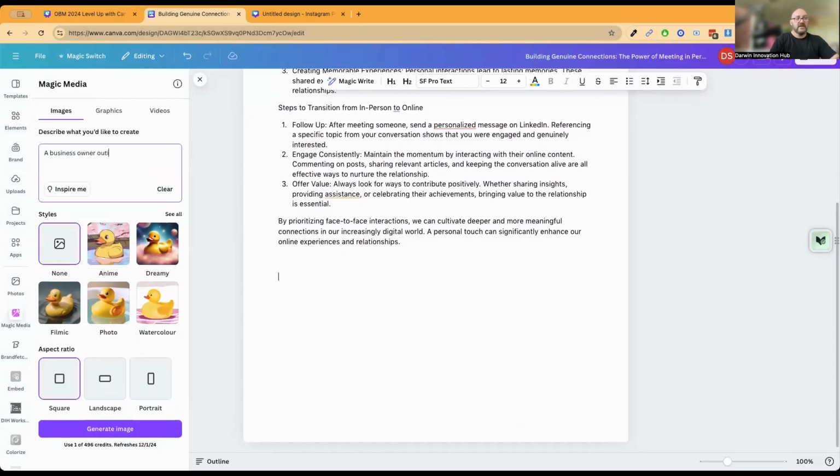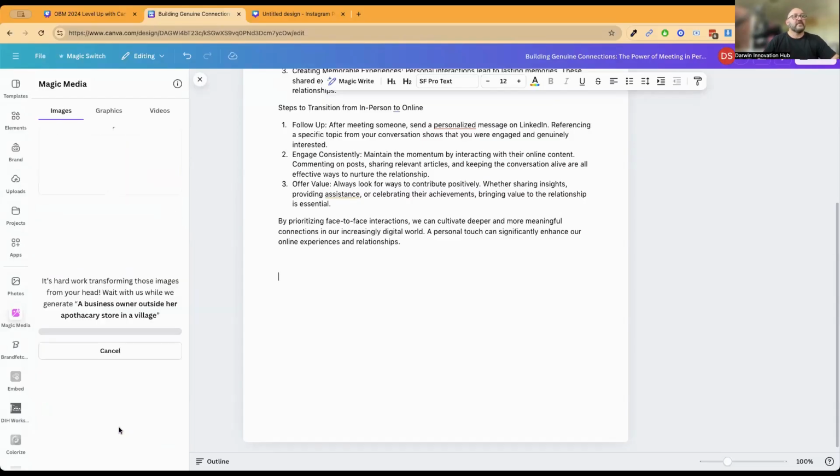outside her apothecary store in a village. Let's see what it does. And then I can pretty much just generate all these sorts of things in here to create things like my